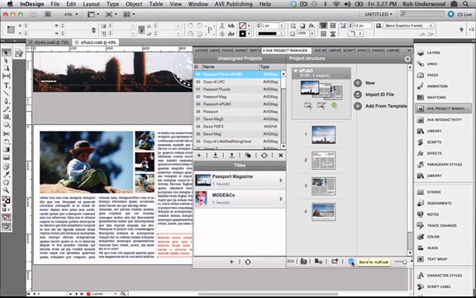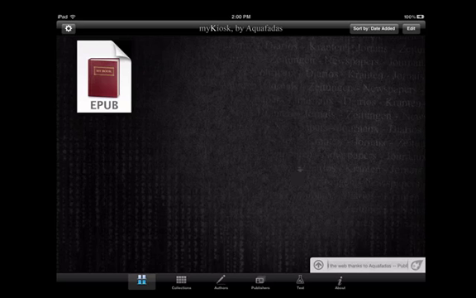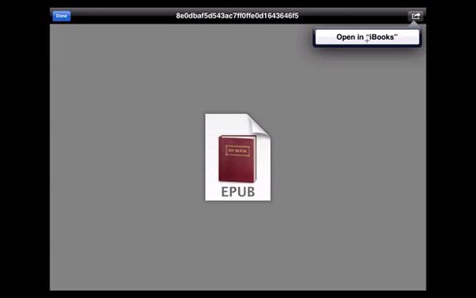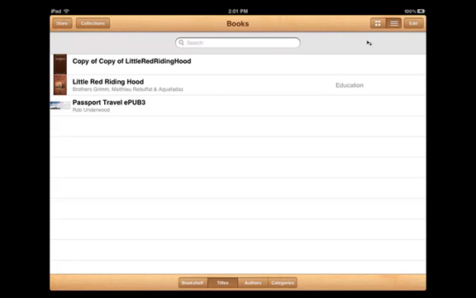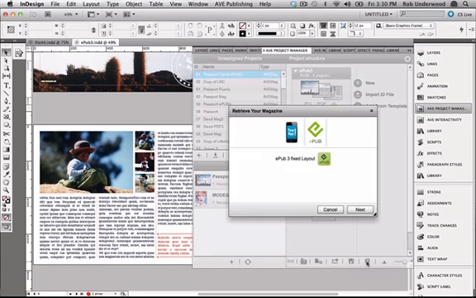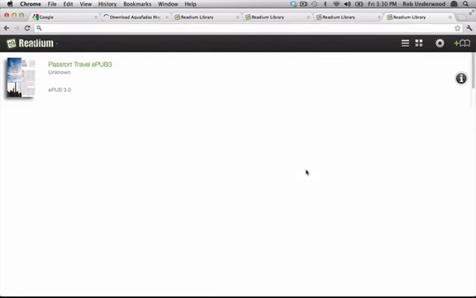You can then export to ePub. Remember that during this process, you need to be connected to the internet for fonts to be converted to one of the supported types. You can preview this file by sending it to My Kiosk on your iPad. From there, you can send it directly into iBooks by clicking on the Open in iBooks button. You can then retrieve the ePub file and save it locally to view your ePub in an ePub3 reader such as